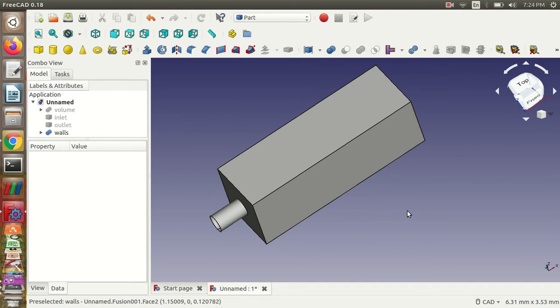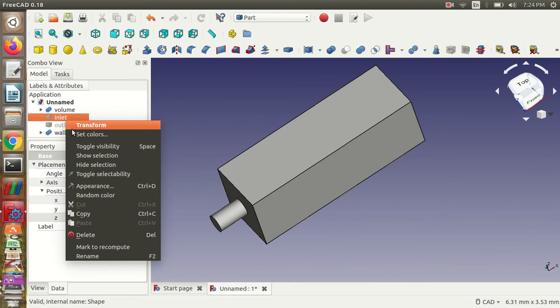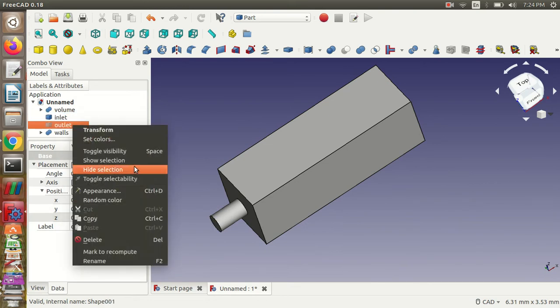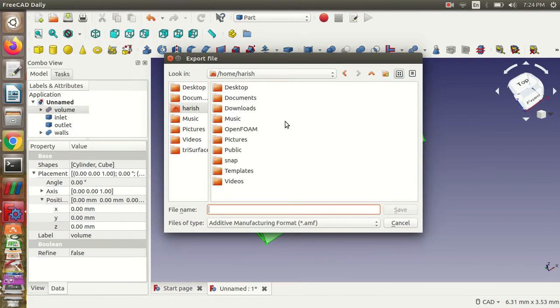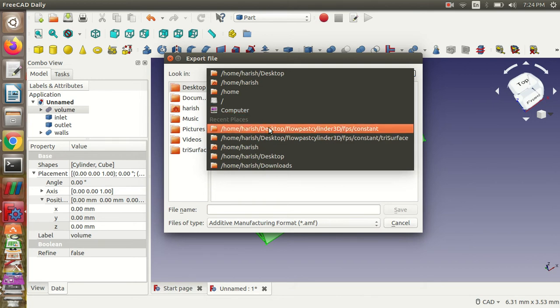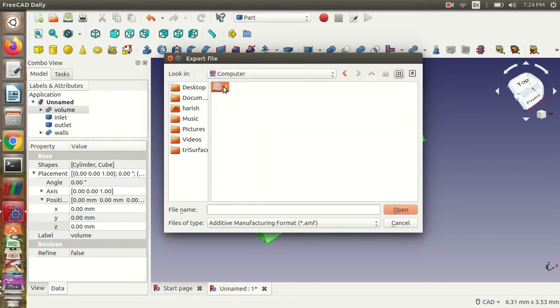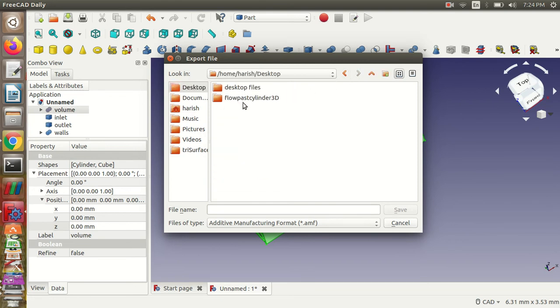So now your mesh files and geometry files, all the things are now ready. Now we can export it. Okay, so file, we just need to export it as... I'll just save it on the desktop.